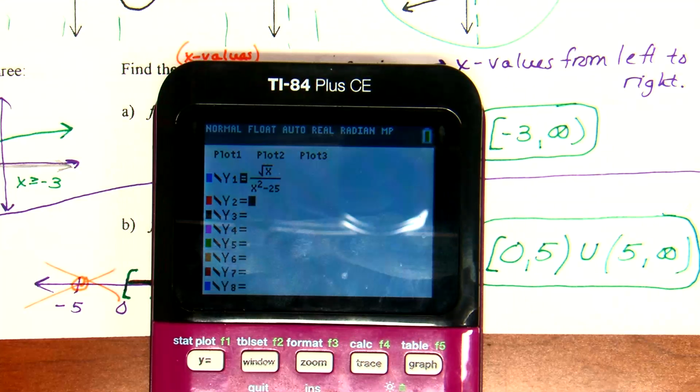If you can't do a fraction, or if you opt not to do a fraction, x squared minus 25 needs to be in parentheses. And if your calculator can't do a fraction, you might see me later